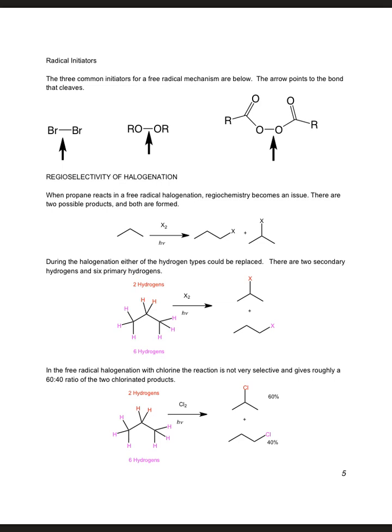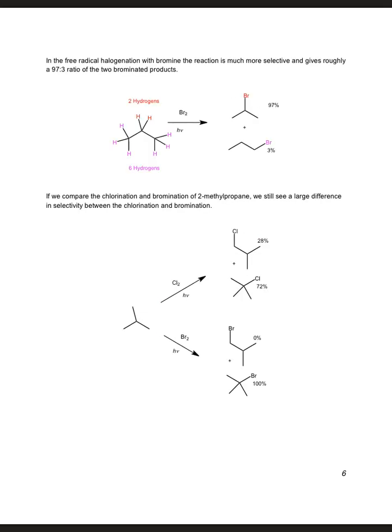And chlorine isn't near as selective. That's why in this bottom one we get a 60-40 ratio of the isopropyl chloride and the N-propyl chloride. If we do that with bromine, it's a 97-3 ratio, so it's much more selective in how it does things. And in this bottom part of this page, it really shows that we don't get any of the primary bromide. It's all the tertiary bromide when we use the